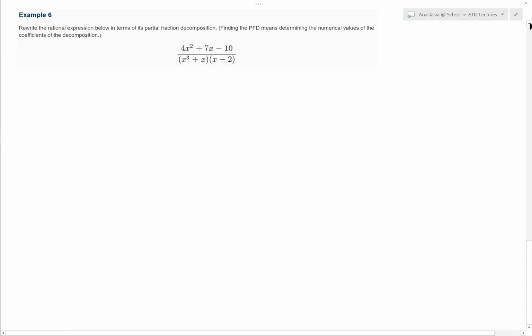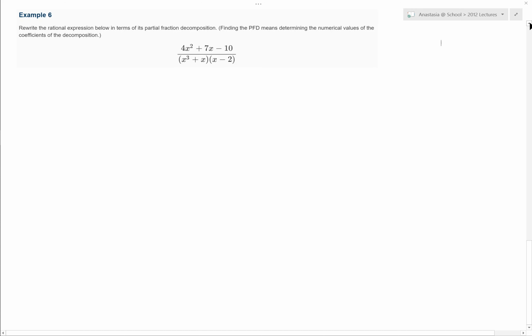If it were only asking for the partial fractions with the undetermined coefficients in there, it would ask you for a partial fraction decomposition form. So you need to make note of that. If it asks for a partial fraction decomposition, it means you need to go through the whole process of finding